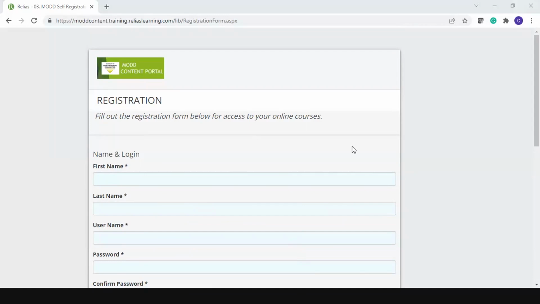But once you're into the system, your learner dashboard is going to look very similar to this. You'll notice here on the left-hand panel, we have a couple of tabs: assignments, licenses and certifications, course library, and transcript. You also have a learning and transcript tab on the main page.